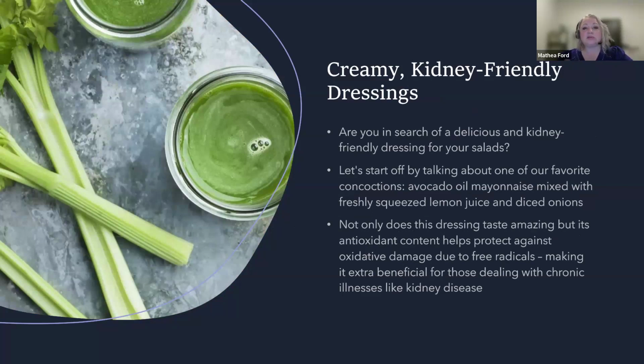Okay, so let's talk about some ideas for kidney-friendly creamy salad dressings. Let's start off by talking about one of our favorite concoctions, avocado oil mayonnaise, mixed with freshly squeezed lemon juice and diced onions. This is a great option if you're looking for something creamy yet light enough to not weigh down your greens. Next up is a flavorful blend of plain Greek yogurt blended with garlic powder, Dijon mustard, pepper, olive oil, and vinegar. The combination of tangy yogurt paired with savory spices makes this dressing impossible to resist. Plus, it adds protein to your meal